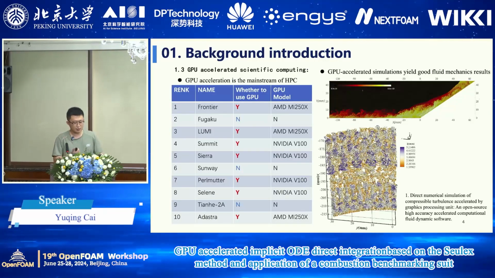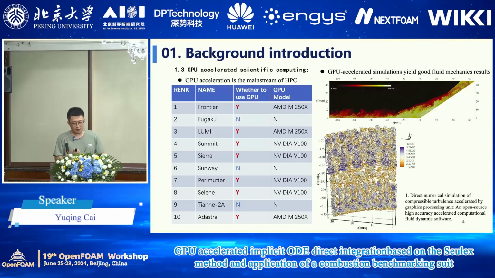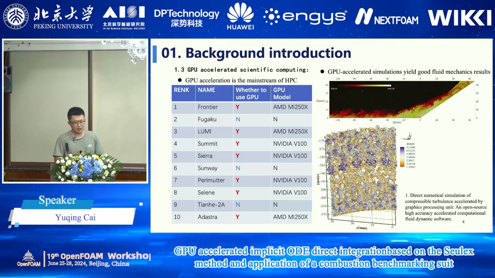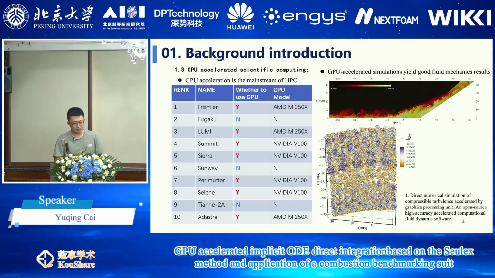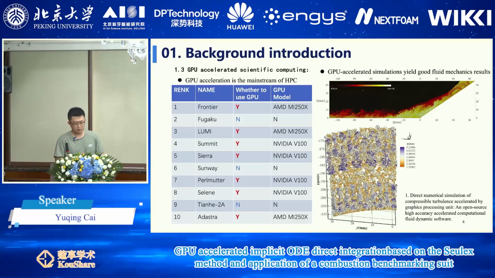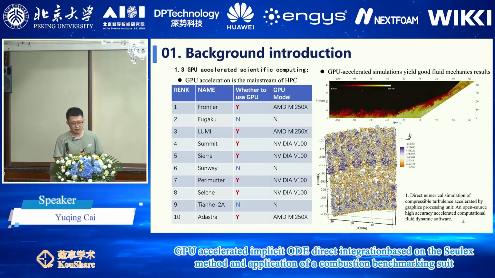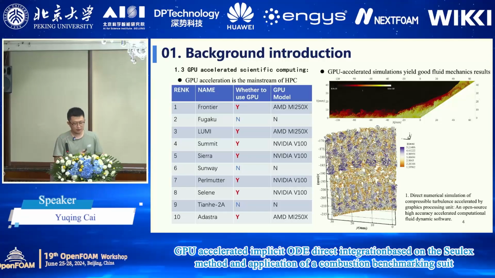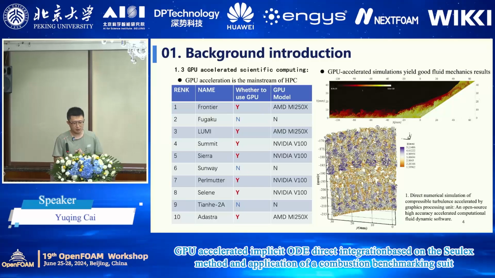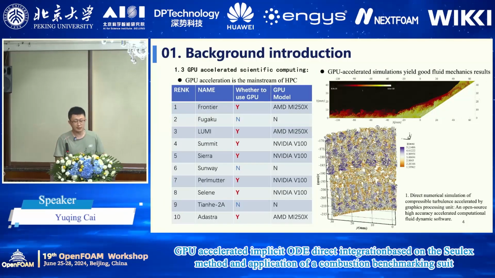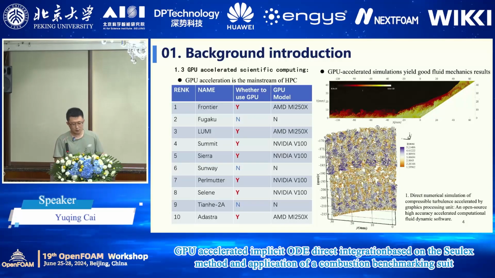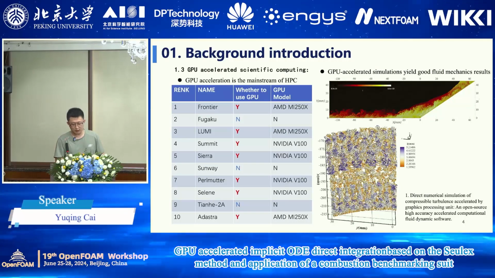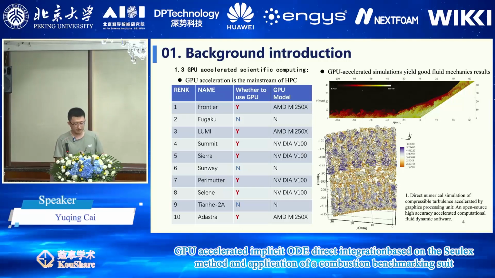We noticed that the GPU has gradually become the mainstream in the development of scientific computing. This is the 2022 Top 500 list of supercomputers, and we can see that among the top 10, 7 of them have adopted GPU accelerator cards as the core processors. In the field of CFD, GPU acceleration has attracted widespread attention and applications. For example, in this article, the GPU accelerated CFD code can be 2 orders of magnitude faster than the CPU